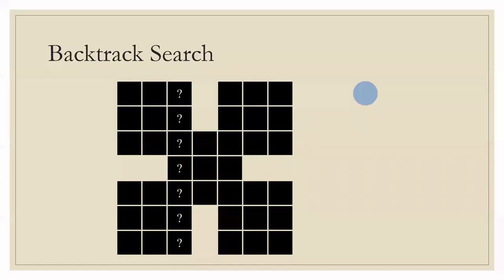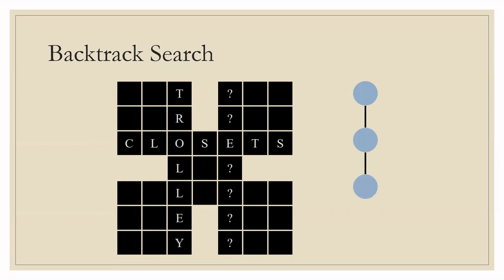So we will be building a state space tree with this example. We are trying to find a 7-letter word to fill in the 3rd position. So we'll start with the word trolley. Now we have to find the next 7-letter word with O at the 3rd position. So we have found that closets is an apt word. Now again, in the 3rd step, we are trying to find the next 7-letter word, but we cannot find such a word with E at the 3rd position.